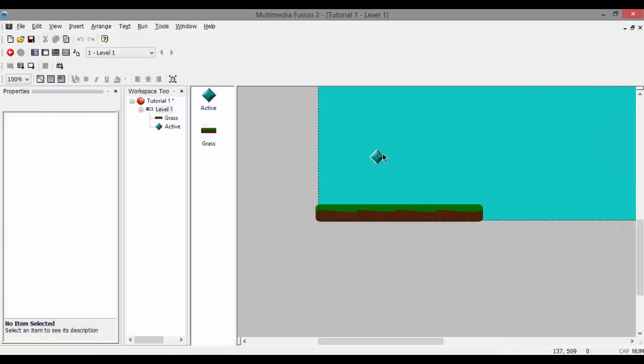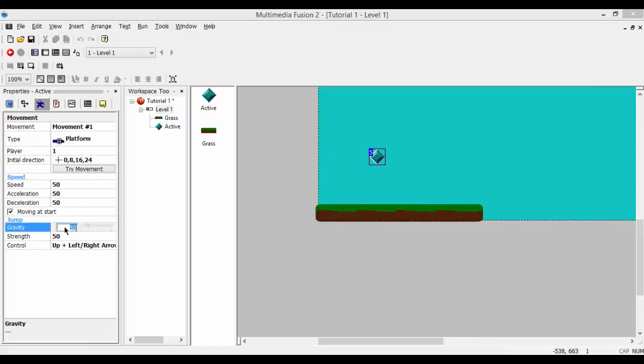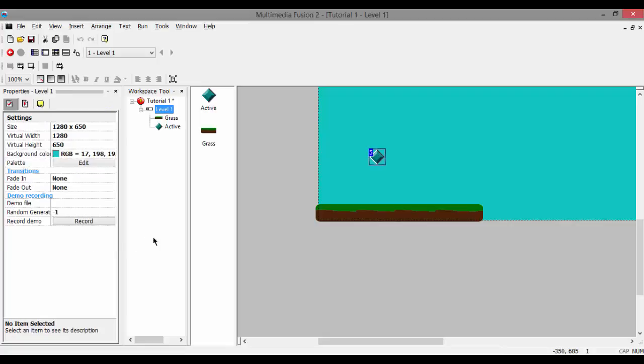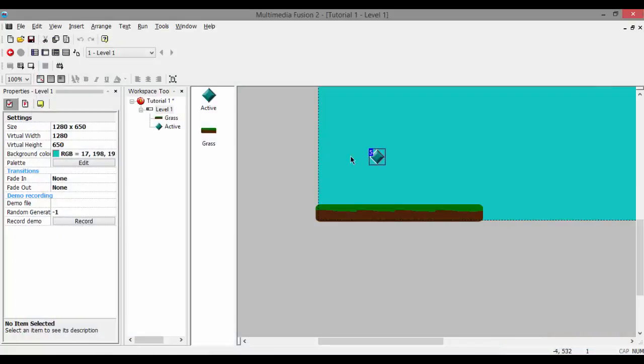So what you're going to want to do is just left click once and go over to your gravity. So if you have less gravity, your player is going to be able to go higher, but it's going to look kind of weird. So I recommend putting this at 75, and you can just screw around. I'm going to take this down to 45 and see how this looks. This may be a little high. I kind of like it. I may make it a little bit higher, so we're just gonna go back to right here,